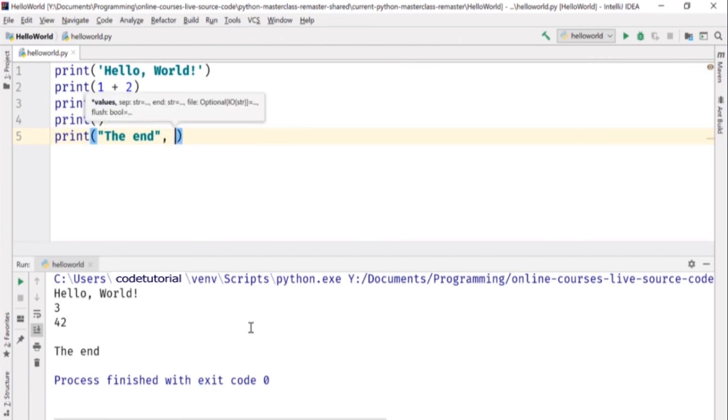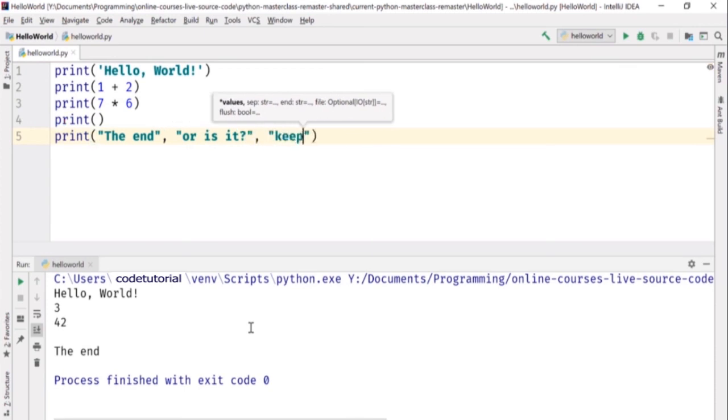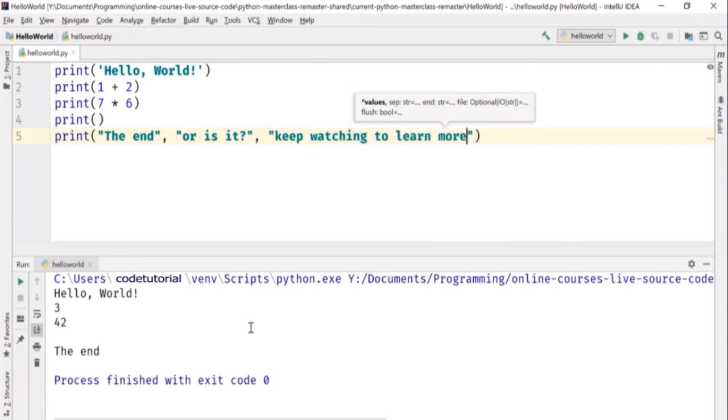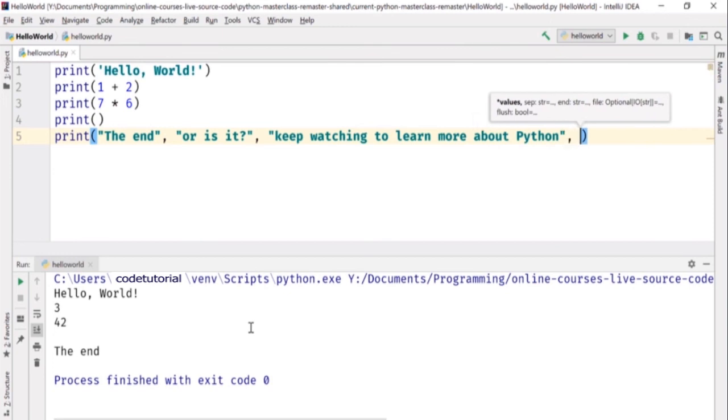I'm going to put a comma there, double quotes, "or is it?" Question mark. I'm going to move on after the double quotes again, comma. I'm going to type "keep watching to learn more about Python." And a double quote and comma, then a number 3, making sure that's all in our parentheses. If we run the program now,